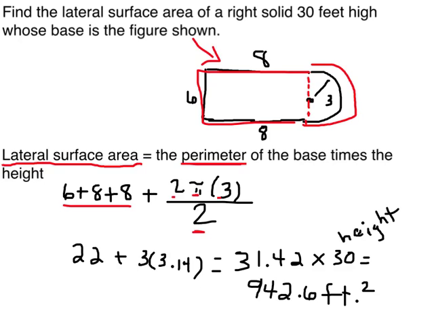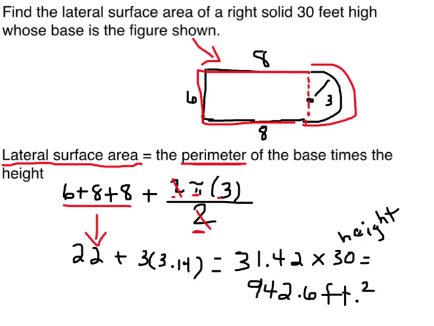Okay, so 6 plus 8 plus 8 is 22. And then what I did was I saw that I could cancel these two out, making it very easy. I can just say 3 times pi, and when I add those together, I get a total of 31.42,